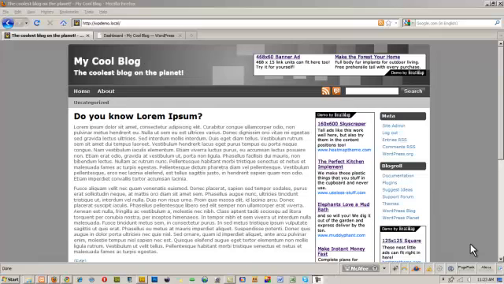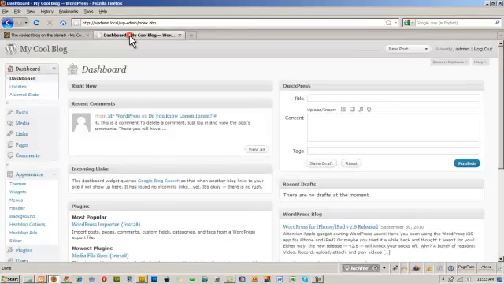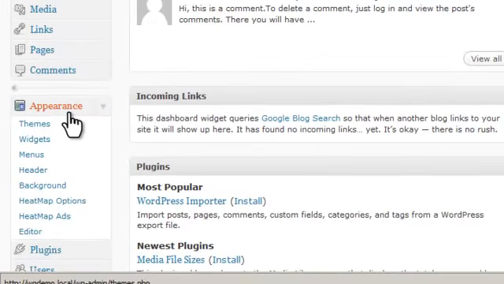HeatMap Theme supports the WordPress background manager, so what I'm going to do now is quickly show you how to change the default background of HeatMap Theme Pro. So I'm going to head into the dashboard and we're going to head down to background under the appearance menu,